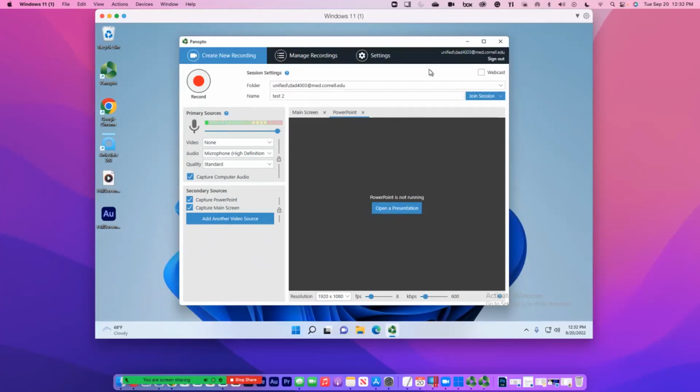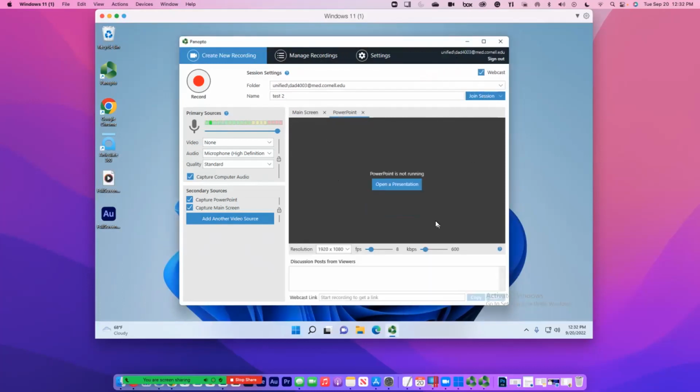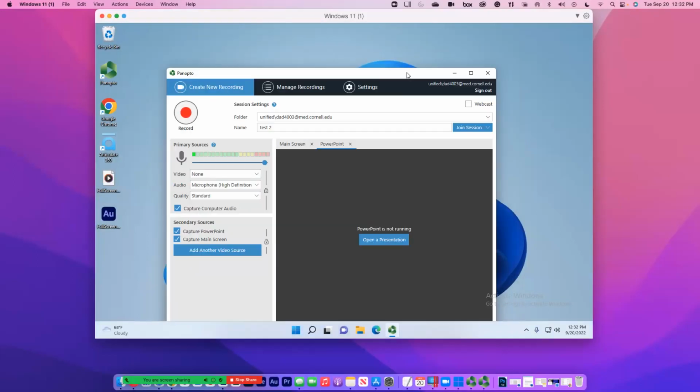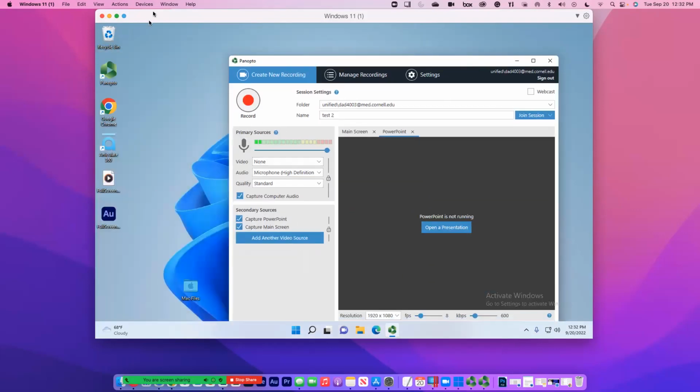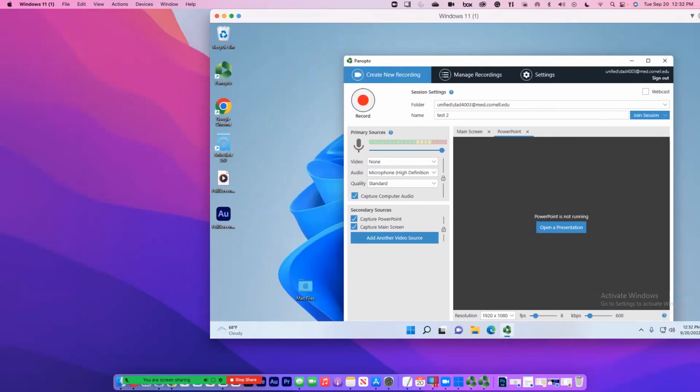But other than that, everything is basically the same. Both have this webcast. Again, it's a little bit different. It allows you to create a webcast, which is more of a live stream kind of situation. So you have the ability to do that as well. The only real main difference between the two, if I get both of them side by side,